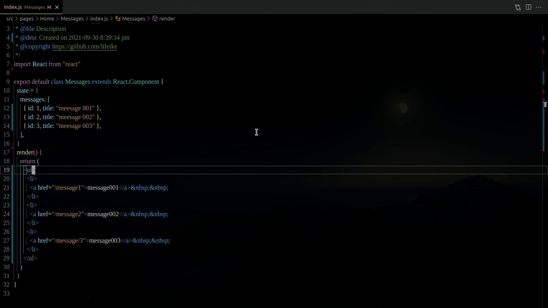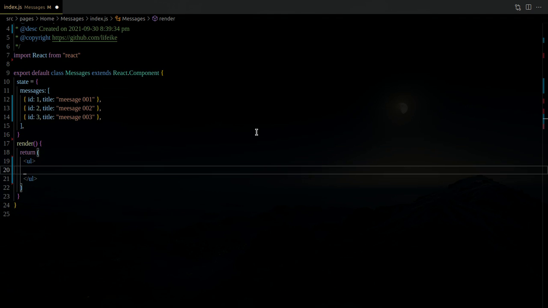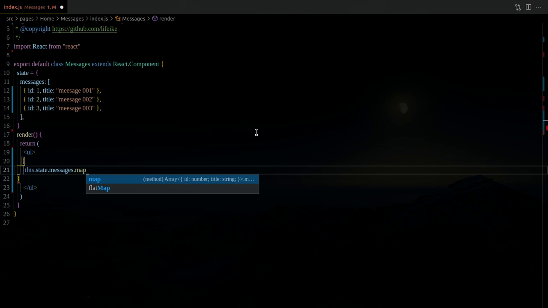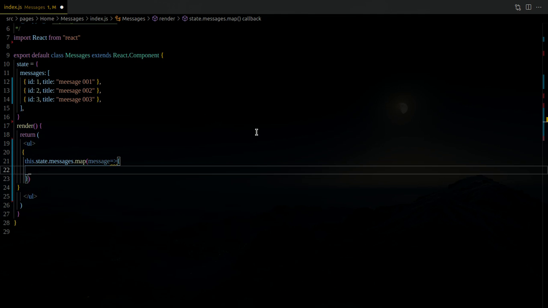Okay, we want to display this dynamically. So this.state.message.map message, and each message is,